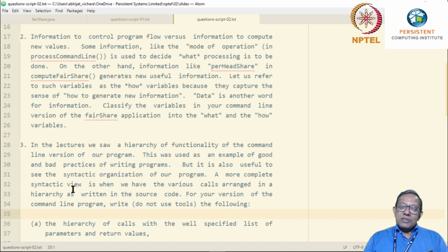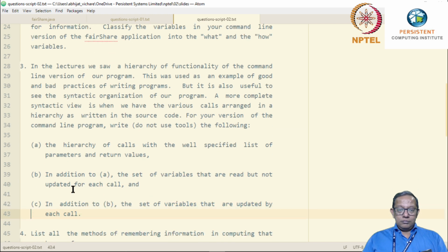Although they are variables which just remember information, we will call them how variables, in the sense that they capture the sense of how to generate new information. This question asks you to classify variables in your programs as what variables and how variables.